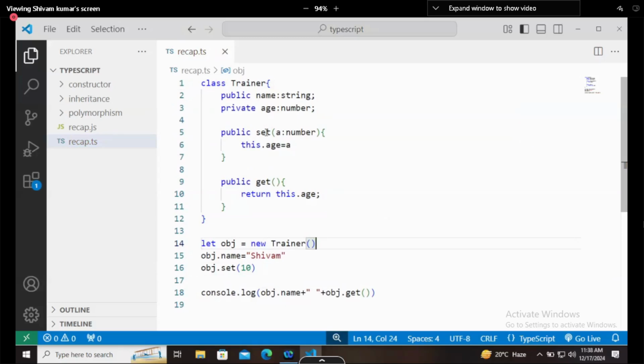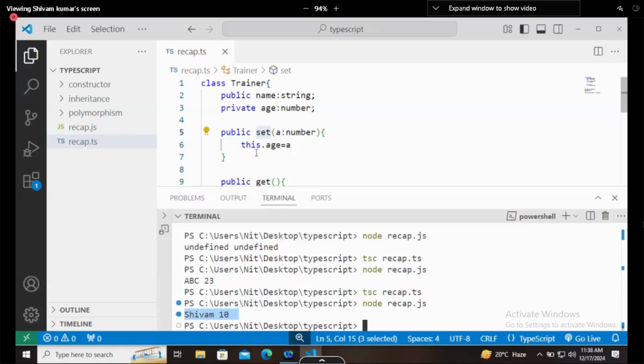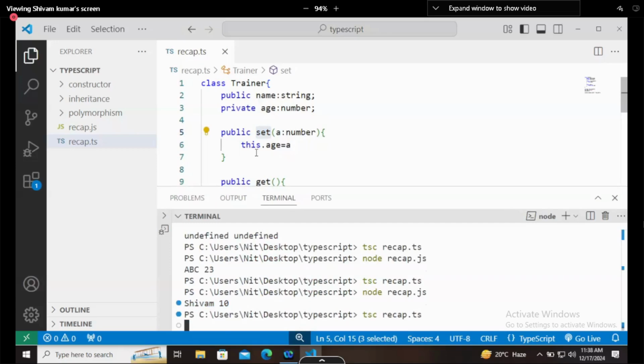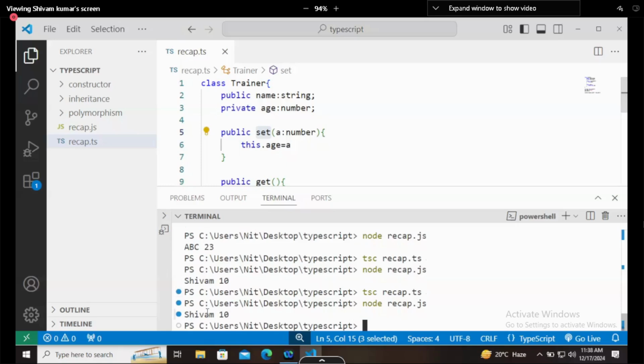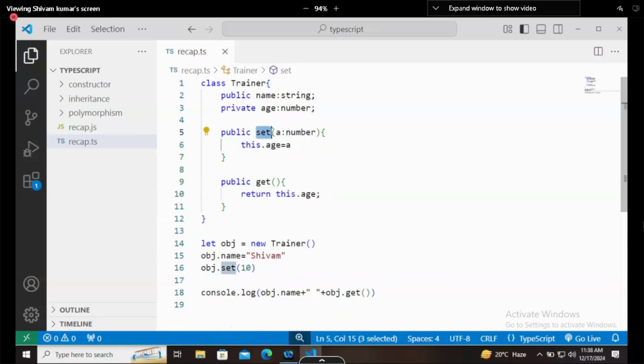Now it's not like that set and age, but technically you will be having 10 variables. You will be generating getters and setters for everyone. That's how you use it. Let's check recap.ts, and yes, again it is just a function name, and generally we don't have space between our function names. It will be an error. Then this set will become a keyword here. So we can give underscore, okay, but no need, just keep it simple: setAge and getAge.